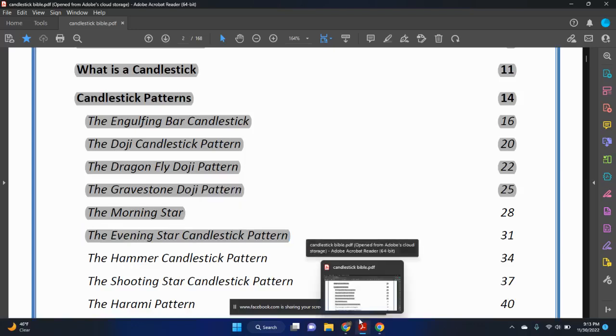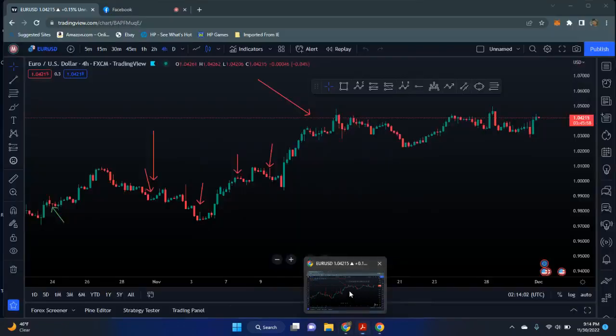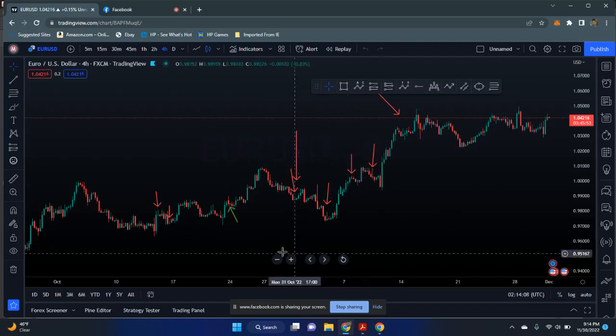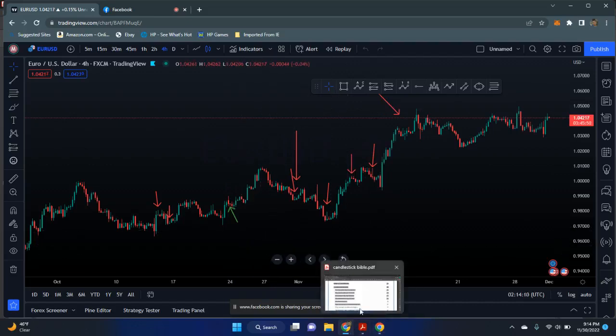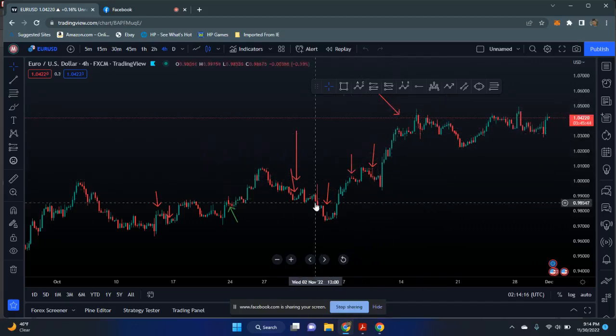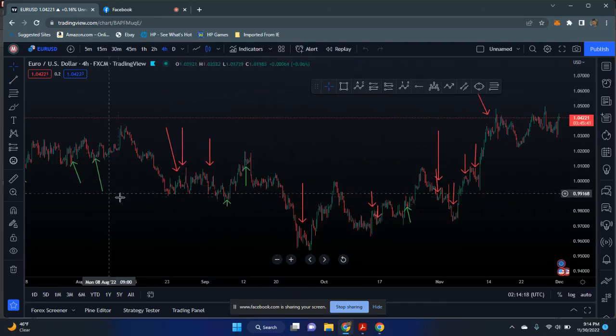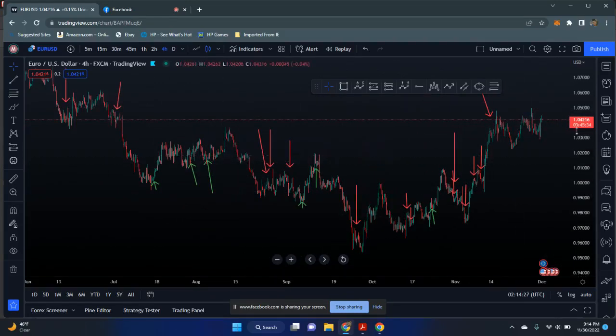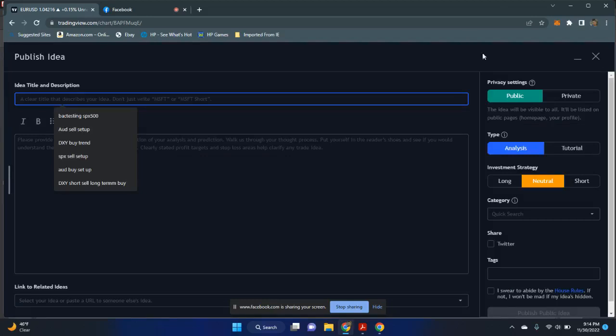All right, let me just share the charts. Here is the dragonfly and the gravestone. Okay, so our red here is our gravestone dojis, and then the green was our dragonfly. Guys, what I'm gonna have to do is publish this idea,